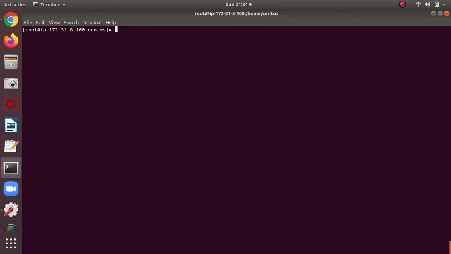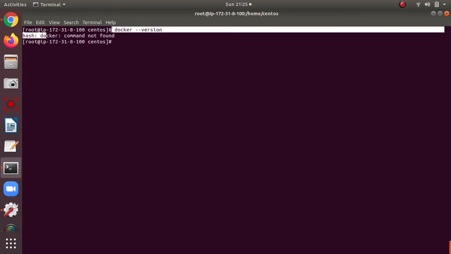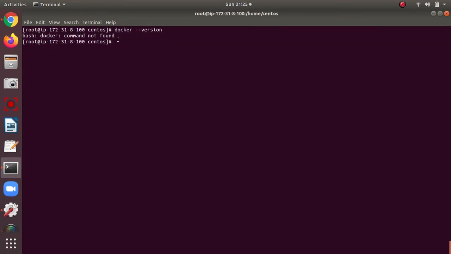Firstly, we need to set up Docker. When I type docker --version, you see there is a command not found. There is only one step you can use to easily install Docker: yum install epel-release docker.